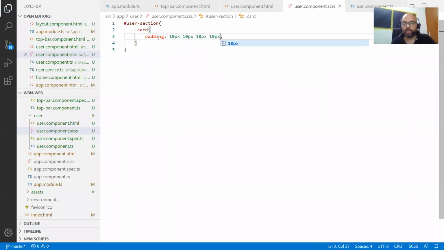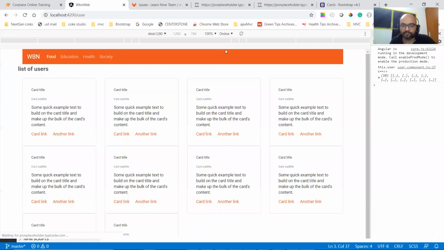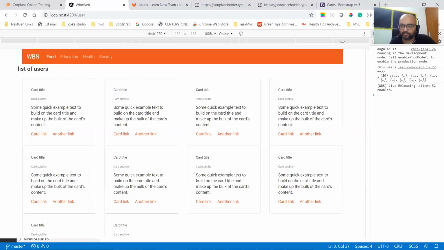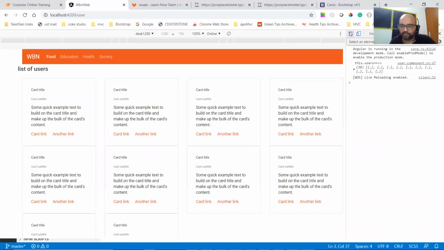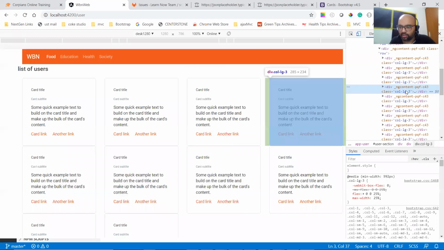Let's see this much works or not. Click on it and we can check. So we need to apply basically.